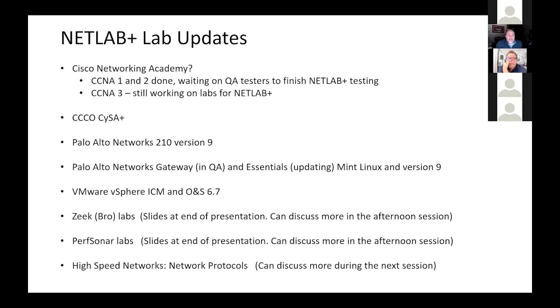Other labs are things where we're partnering with somebody to distribute the labs to these NETLAB systems or host them ourselves in MDG Online, where we often use NETLAB or we use a cloud if it's a thin VM, or the VM won't cost a lot of money to put in the cloud. So right now, we're working on Cisco Networking Academy, CCNA 1, 2, and 3 for version 7. Now, this can be really heavy. Let me explain.